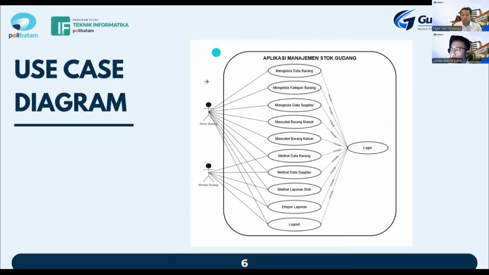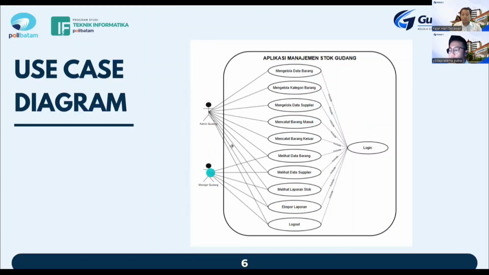We have a use case diagram. I will explain a little bit about both roles in this application. We have the admin Gudang and the manager Gudang. Admin Gudang can manage item data and item categories, and record outgoing and incoming items.